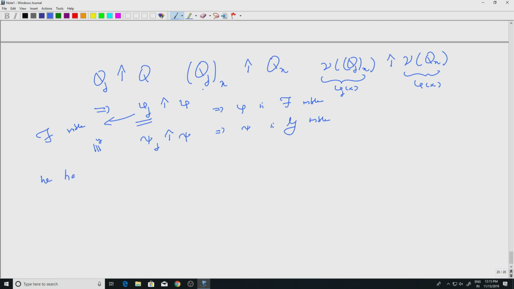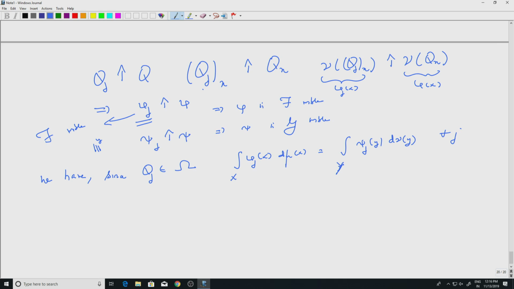Since Qj belong to omega, omega is where the theorem is true. So, if Qj belong to omega, then the integrals for Qj are same, which is same as saying integral over x phi j x d mu x is same as integral over x, integral over y psi j y d nu y, right. This is true for every j, that is given to us. We want to prove the same for phi and psi, which are the functions related to Q.